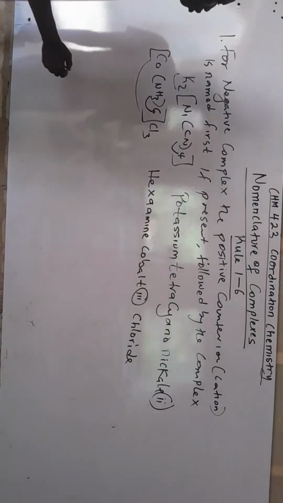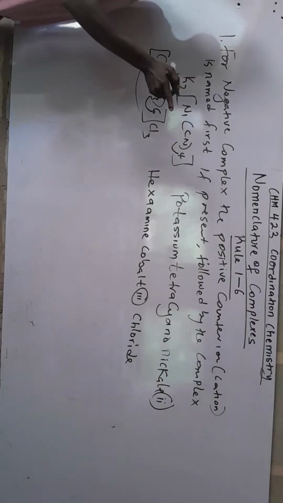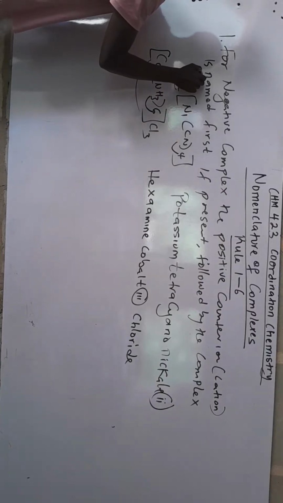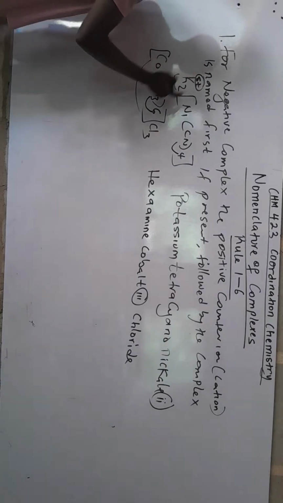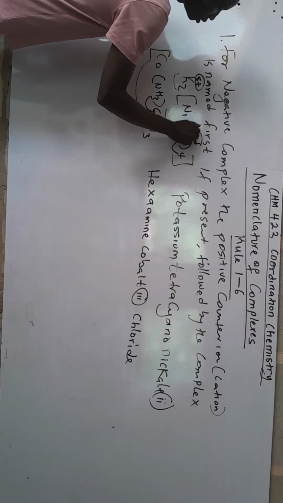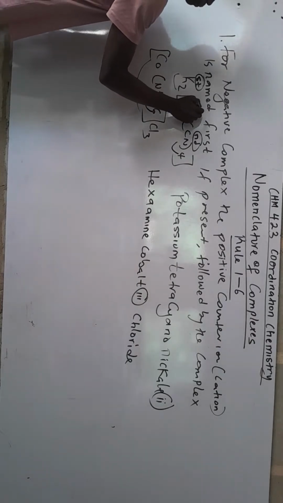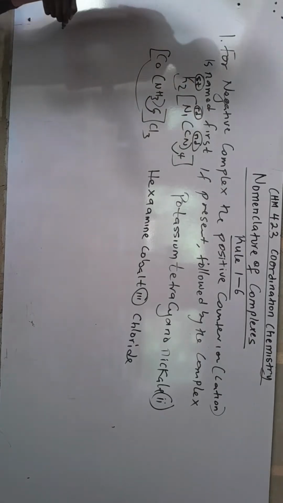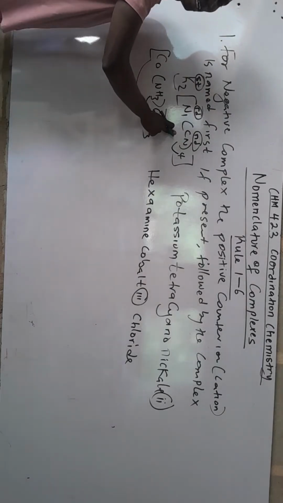Let me repeat. In that case, which one should be named first? This one should be named first. This should come first. After this one that you have here will come second position. Then this one that you have here will come in third position. That is it. So potassium first, followed by tetracyanohexane,